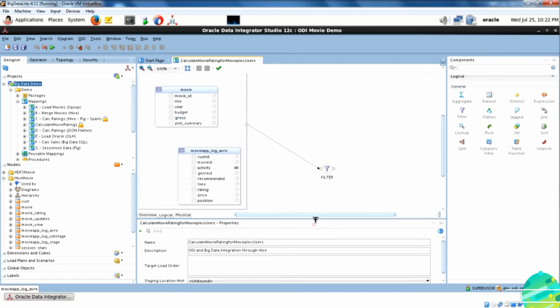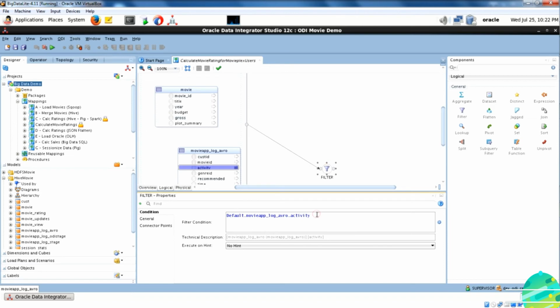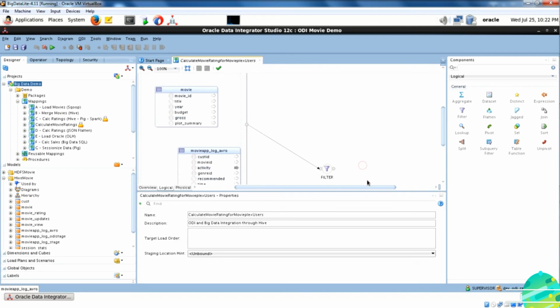After that, you're going to filter the data from movie app log AVRO based on the activity. You are going to only consider the data with activity less than 2. Very good. After the filter,